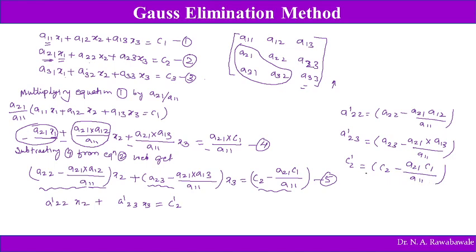So these are the three things which we have substituted and from which we got this equation number 6. Then again multiplying this equation number 1 by this coefficient a31 and dividing it by a11 and subtracting it from equation number 3, we get,